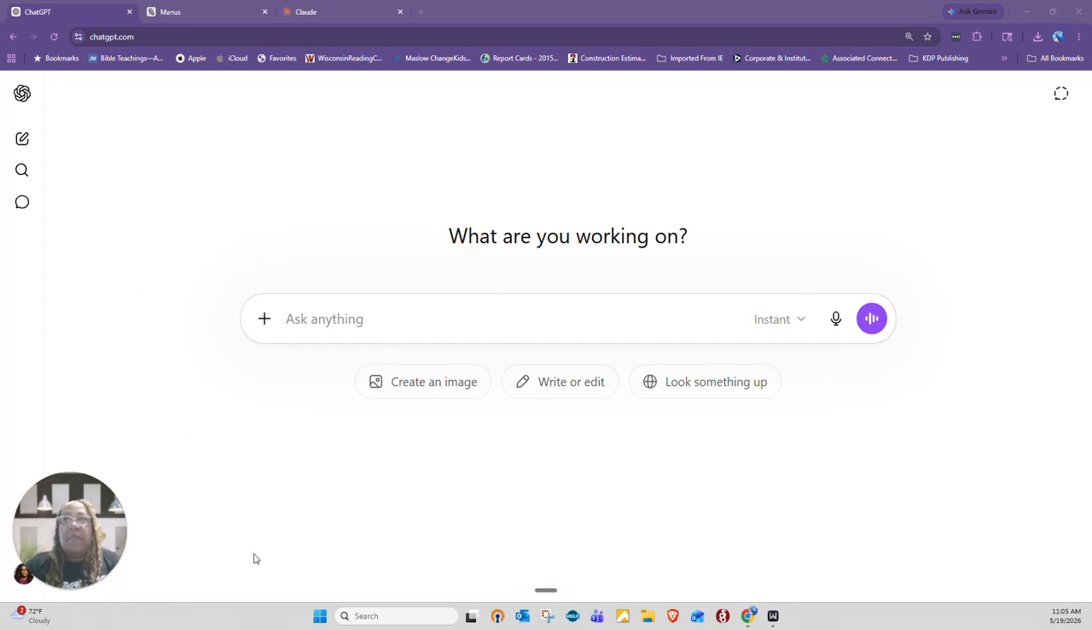So I use mine pretty regularly. In this bottom corner right here, I actually set my picture. So this bottom left corner right here, what I want you to do is we're going to go into settings. So we're going to click on,